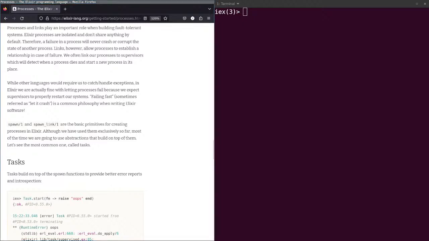Let me see. Elixir. Okay, Elixir. Spawn. Tasks.